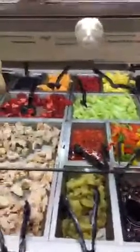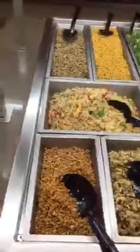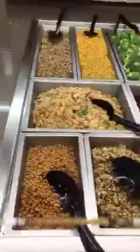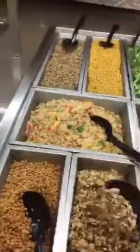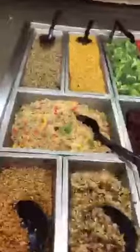But we're going to go over to more of the salads and just show you some options. When you're eating food, it should always look like a rainbow on your plate. If you see a lot of white colors on your plate, you want to stay away from that. So you want to try to taste different things and really engage in things that could be a little bit better for you. So these are wheat berries. It's a nice grain here. This is what's good if you're the only one trying to eat healthy in your family, you come out here and you grab things like that. And this is quinoa, okay, just a different type of grain. Very good. If you're the only one eating healthy, oh, this is barley, I'm sorry. This is barley, and then this over here is